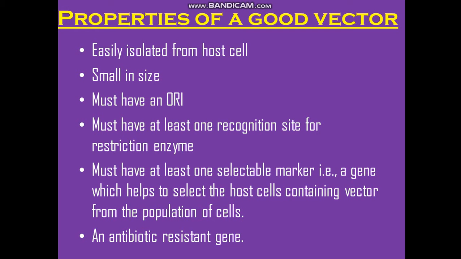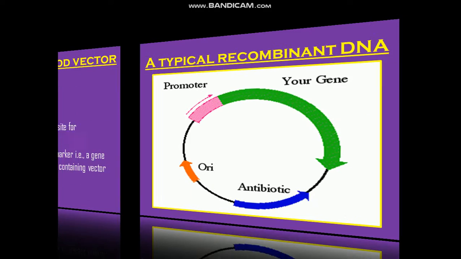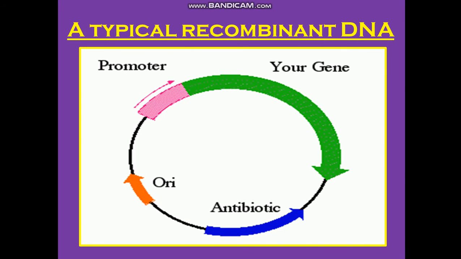Okay, moving forward, here is the picture of a typical recombinant DNA. This is a typical recombinant DNA which has the cloning vector along with our gene. See here, here is the promoter region, which promotes the replication of this particular gene. This green portion is our gene of interest, which you have incorporated into, let us say, the plasmid